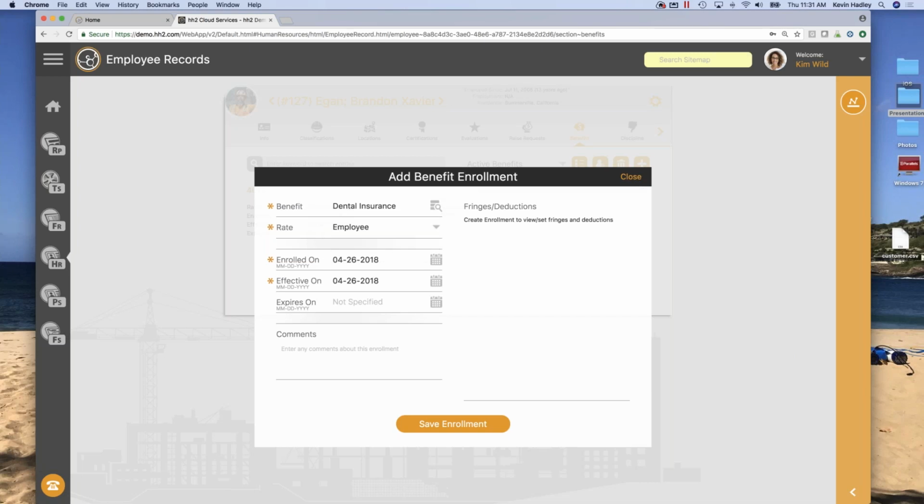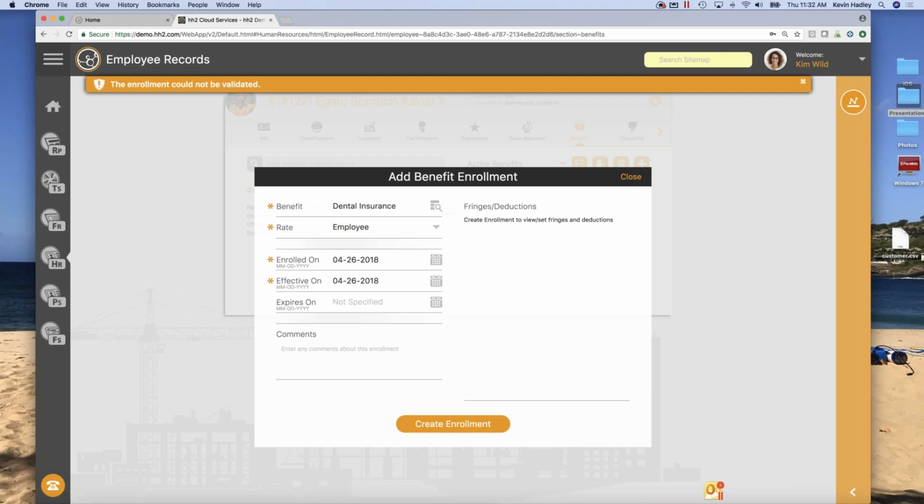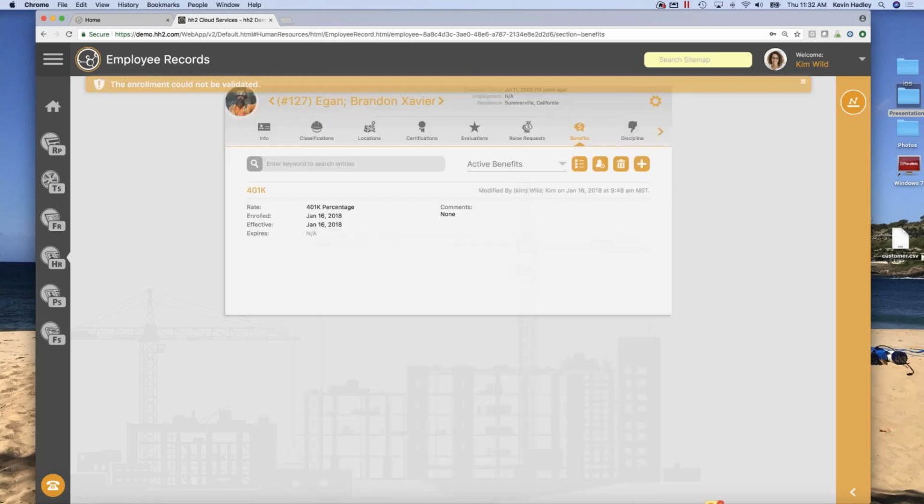Let's just say he says, yeah, I want to have the dental insurance set up for me, and then I can save that enrollment. We'll see if it creates it here. We may not have set up, the enrollment couldn't be validated. We don't have some other things set up on the demo site, but that's how I would change or add a deduction, add a benefit to an employee's page.